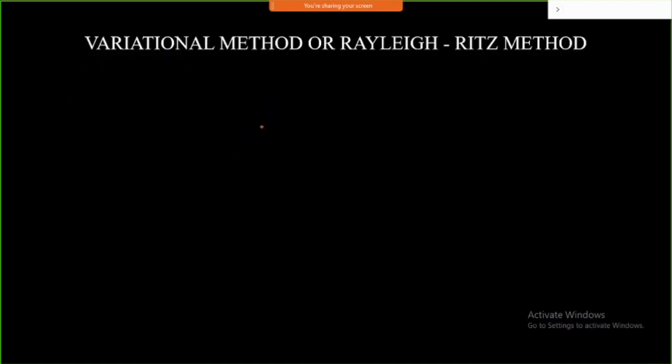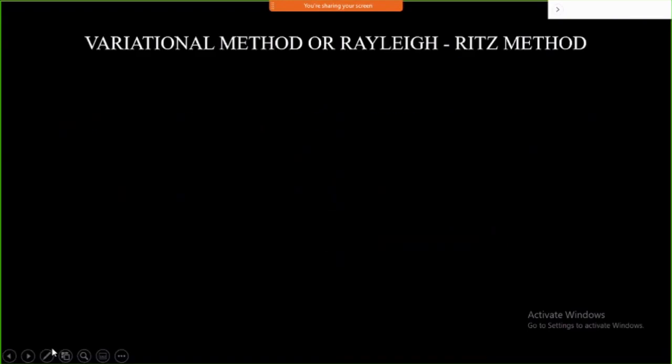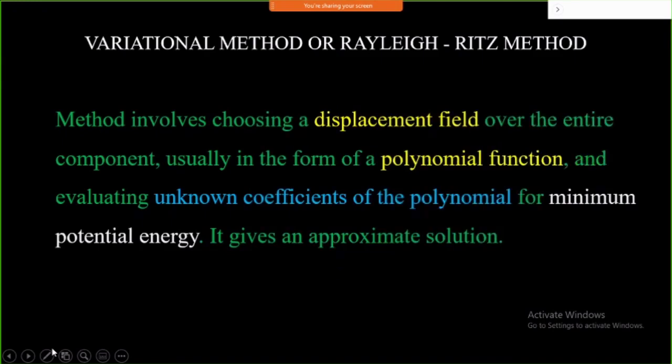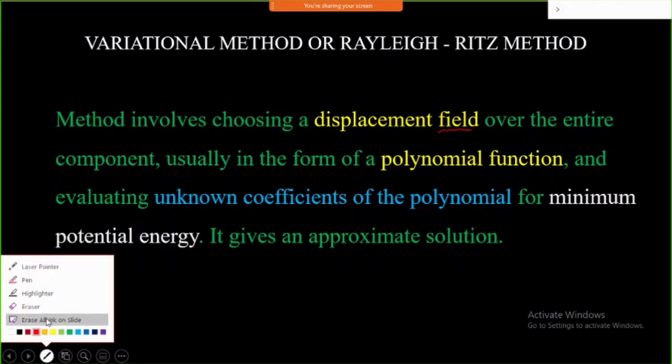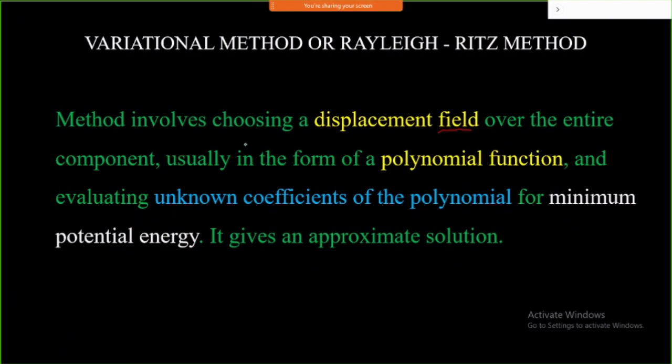So we'll just look at what that variational method means. Variational methods means it is taking care of variations, and those variations may be a displacement with respect to x and such things. That is what is called a typical field variable. If you are going to do a thermal analysis, temperature is your field variable. If you are going to do a mechanical or structural analysis, your field variable becomes a displacement.